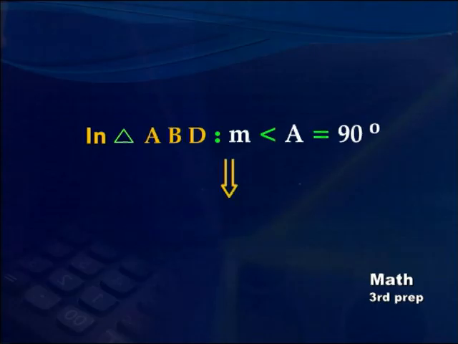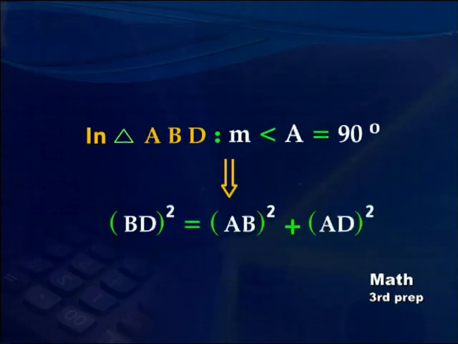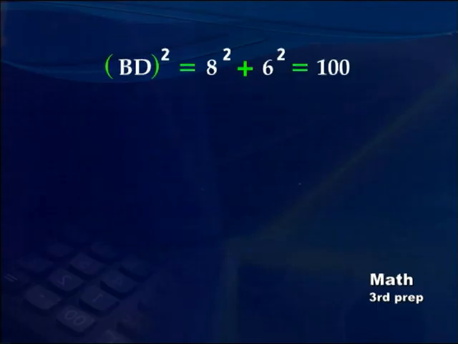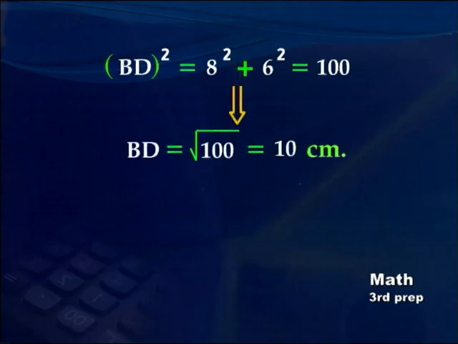So BD squared equals AB squared plus AD squared. Then BD squared equals 8 squared plus 6 squared, which gives 100. Then by taking the square root for both sides of the equation, BD will be square root 100